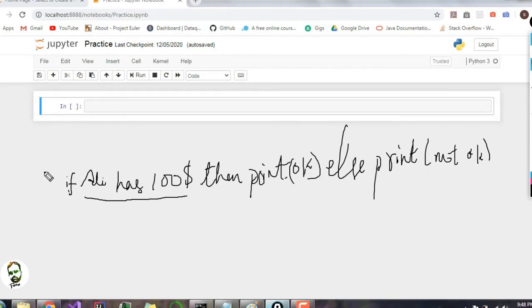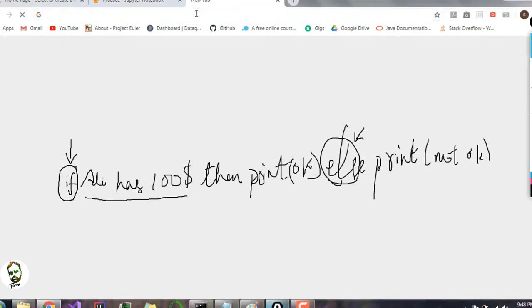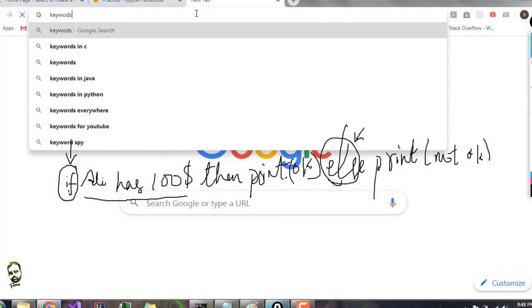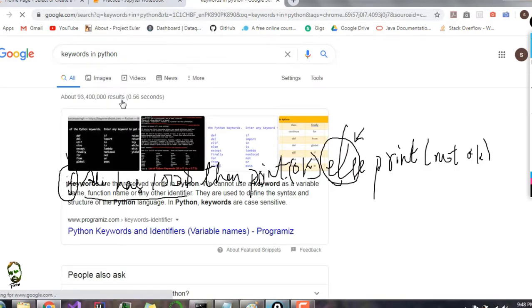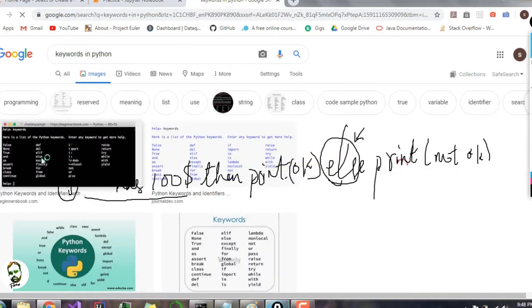First of all, if you are familiar with programming languages, then you will know that if is a keyword and else is a keyword. Keywords are basically reserved words which have specific meaning in programming. We cannot use them as variable names. You can search keywords in programming, keywords in Python, and you can see that if is included in them, else is also included.